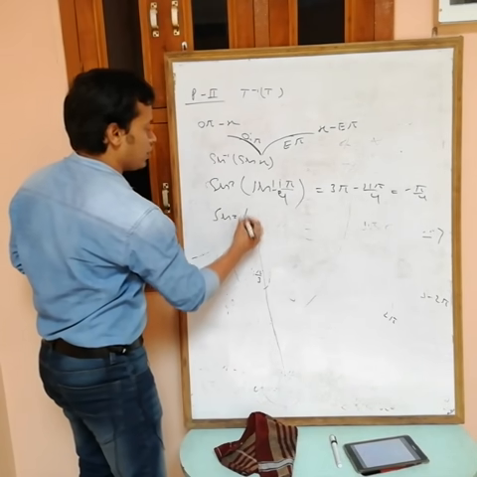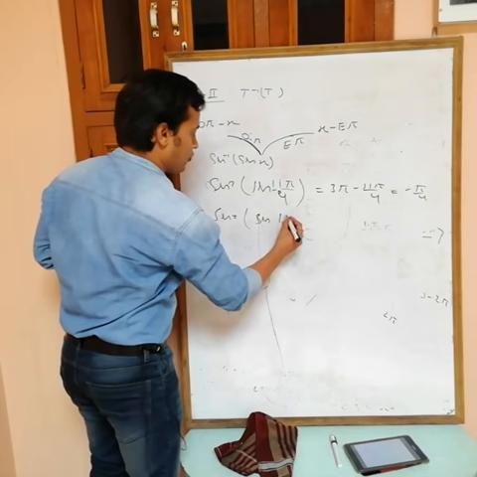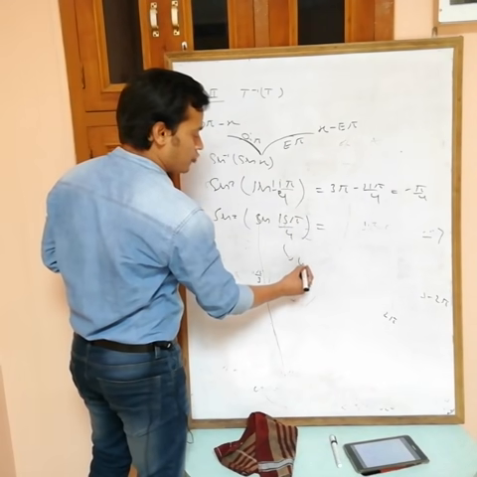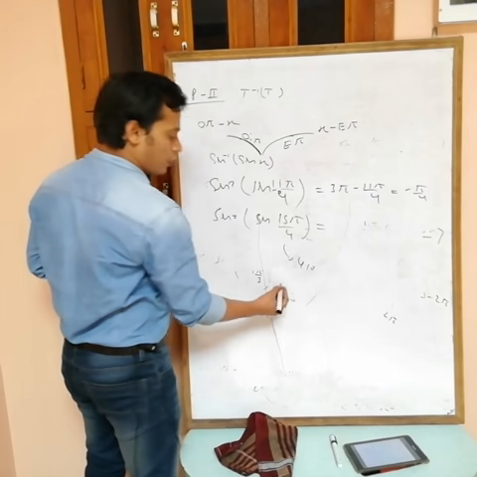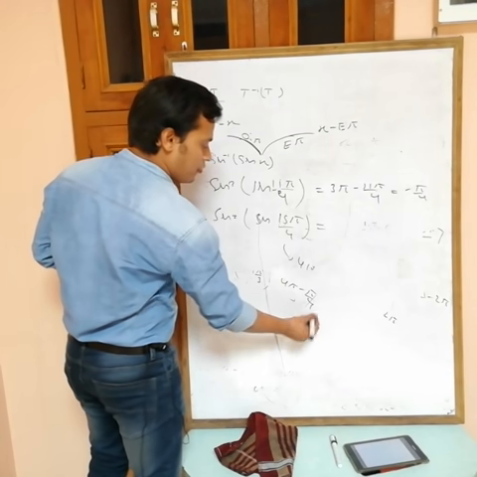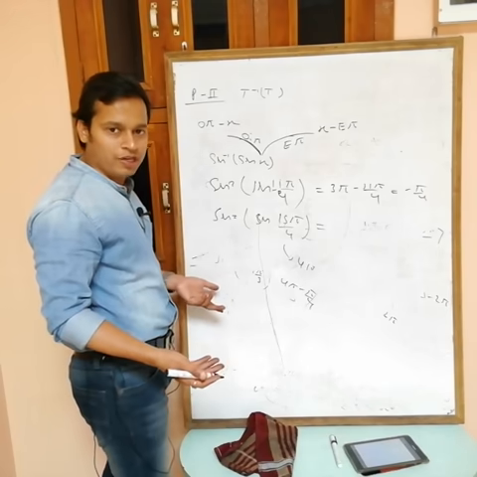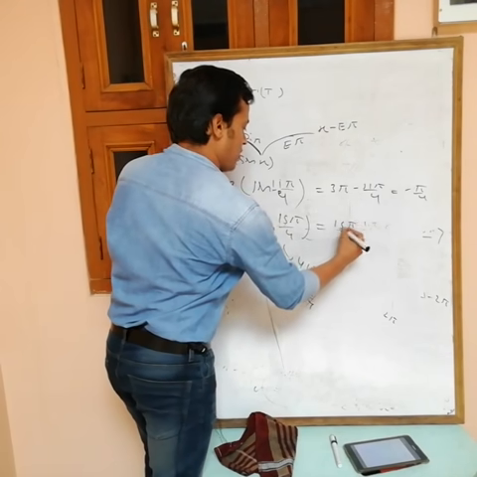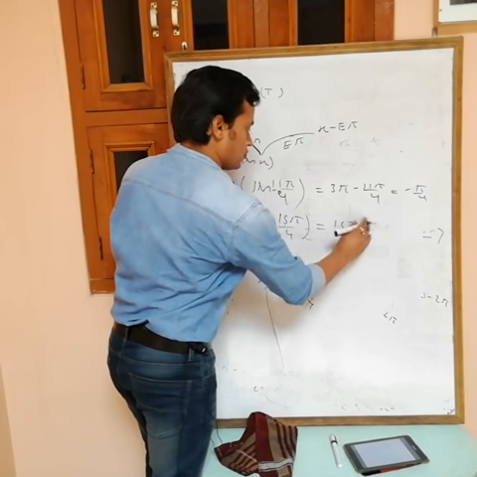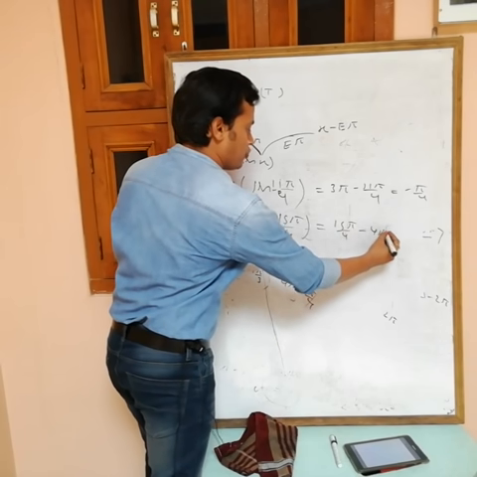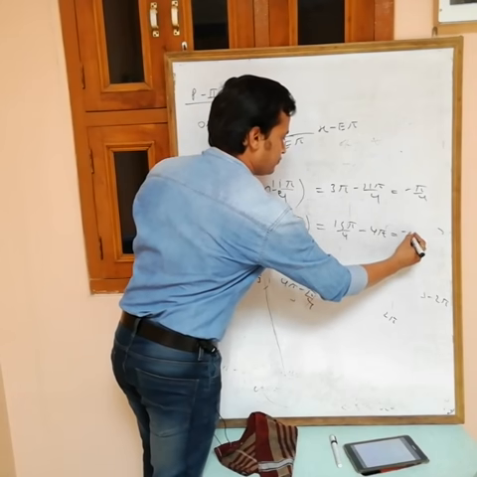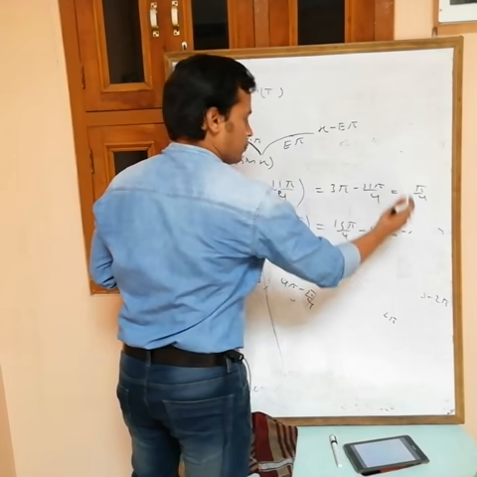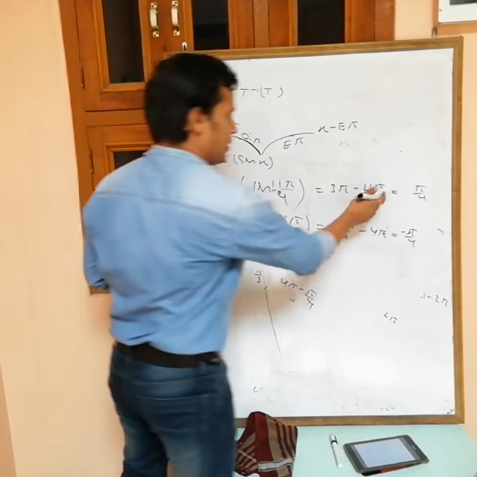Now see, sine inverse of sine of 15 pi by 4. Now 15 pi by 4 is near to 4 pi, because this is 4 pi minus pi by 4. 4 pi is an even multiple of pi, so the answer is x, 15 pi by 4, minus that even pi, 4 pi. So what we are getting is plus pi by 4, that is 15 pi by 4 minus 4 pi.